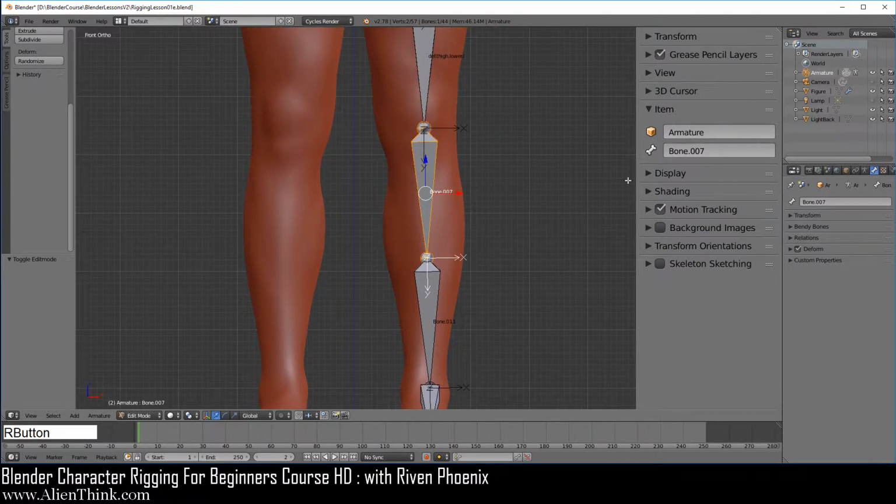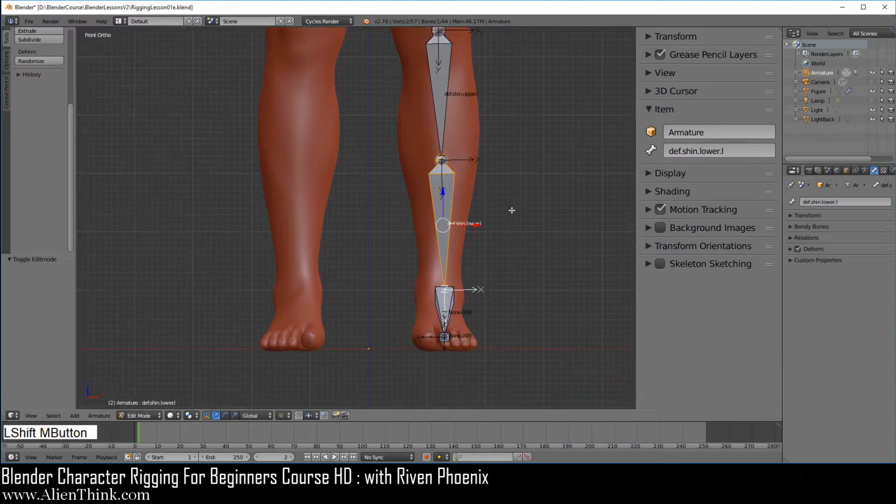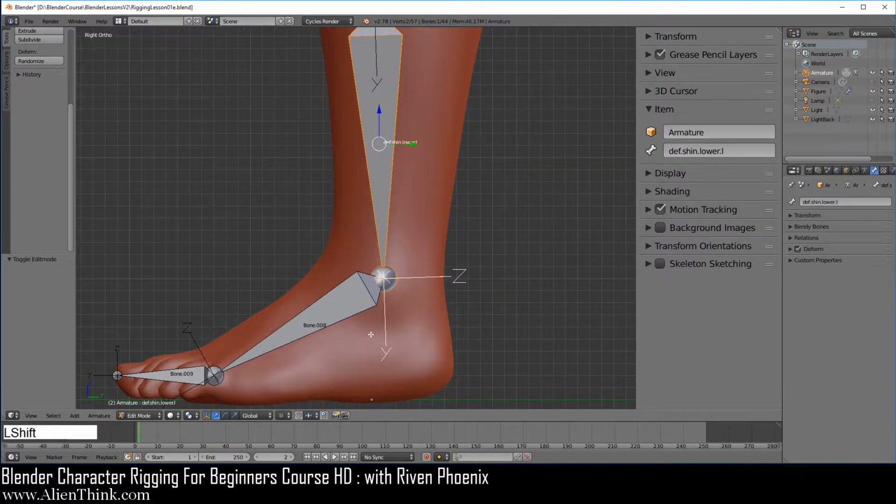This is going to be def.shin.upper.L, because it's going to be mirrored. Click on this one. This one will be def.shin.lower.L, enter, shift middle mouse button. I'm going to go to the right view for this one.